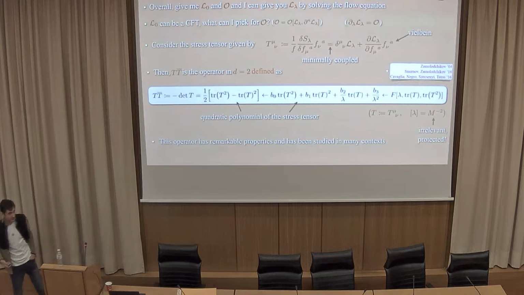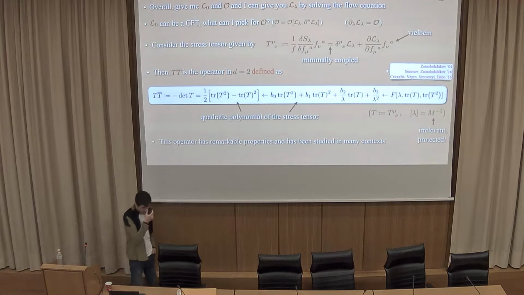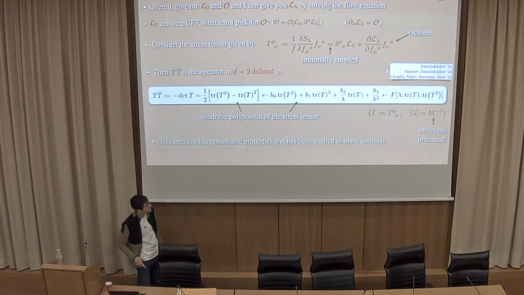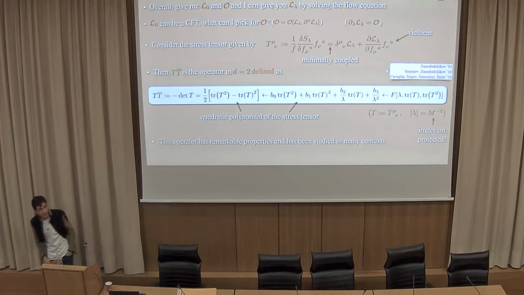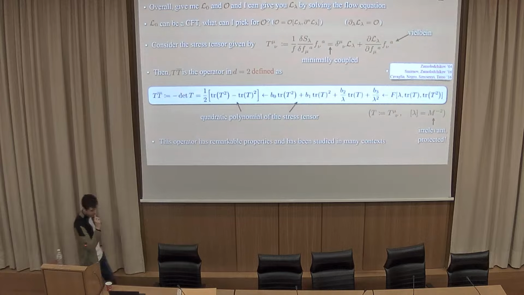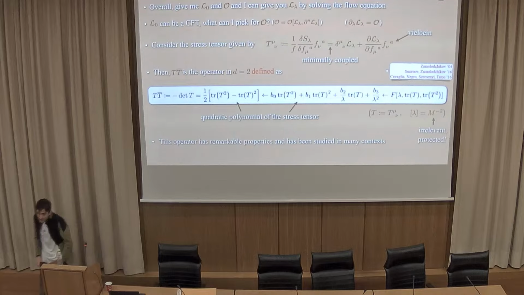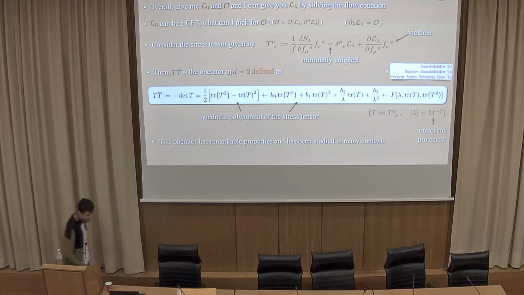So here's where the first problem comes. This deformation is irrelevant. So how can we do anything with it? Because it's in principle non-renormalizable. For some magical reason, this object is very well defined at the quantum level. And it is protected, so the beta function doesn't get any corrections. It's very weird, but it is a fact of life.